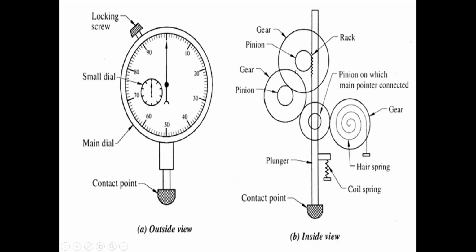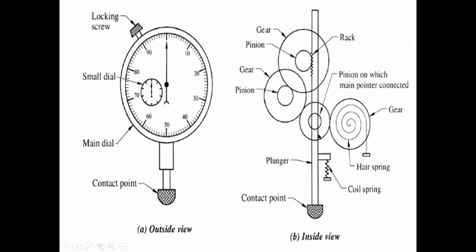Along with this pinion, the gear is also rotating in anti-clockwise direction. Again, this larger gear is in contact or meshed with the smaller pinion on the another shaft. Therefore, it is rotating in the clockwise direction. The smaller pinion rotates in the clockwise direction. Along with the smaller pinion, this gear is also rotating in the clockwise direction because those two are mounted on the same shaft. Those are internal gears. Coming to this position, here the larger gear is meshed with this gear. It is rotating in the clockwise direction, which means it rotates this gear in the anti-clockwise direction.